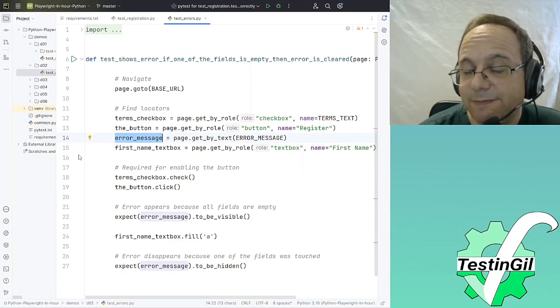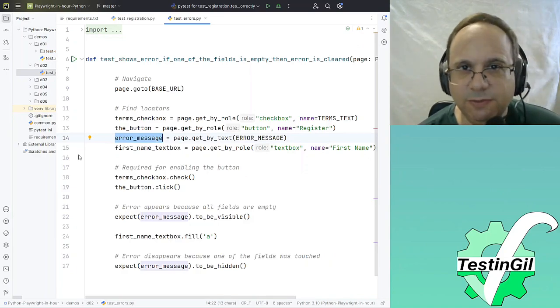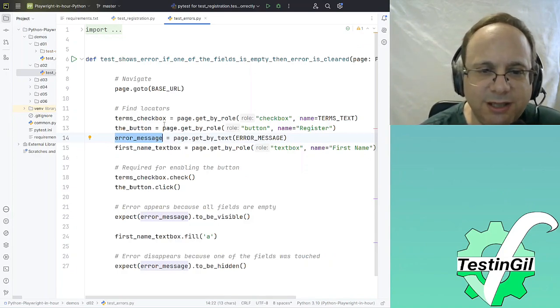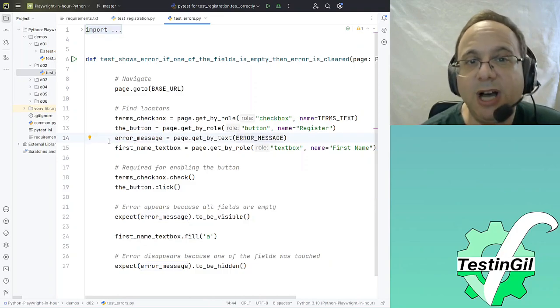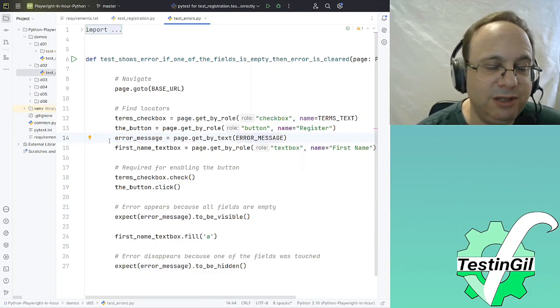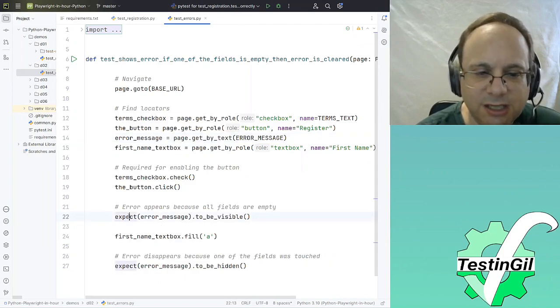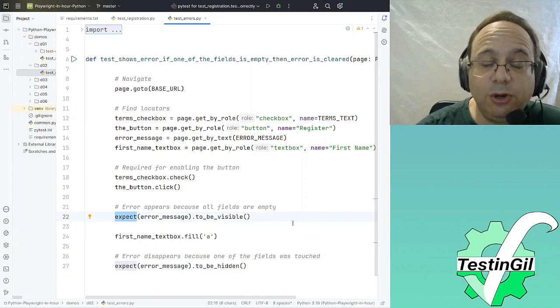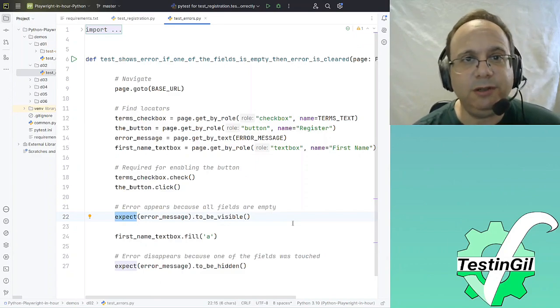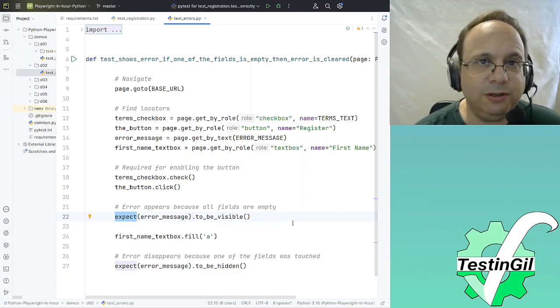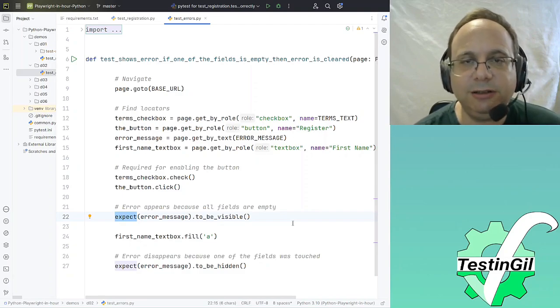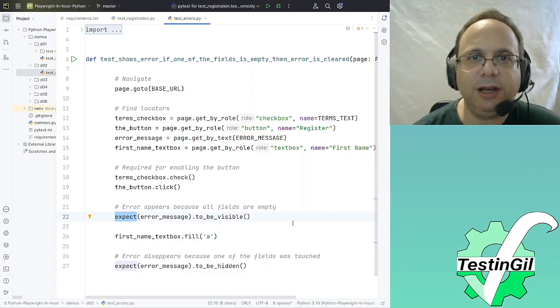It's a dynamic thing. So the way locators work is that you basically tell the page, well, go find them. But when you actually need to use them, need to do something about them, like expect or check or click or whatever, then you go look for them. Now, if you're familiar with Selenium, Selenium worked with something that resulted in what we call stale elements.